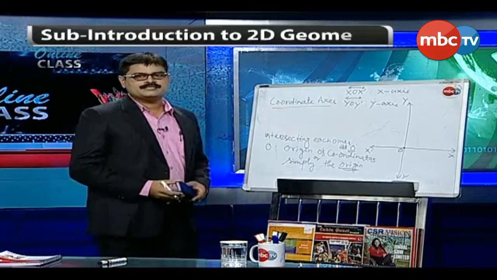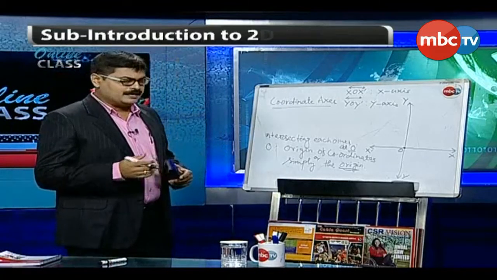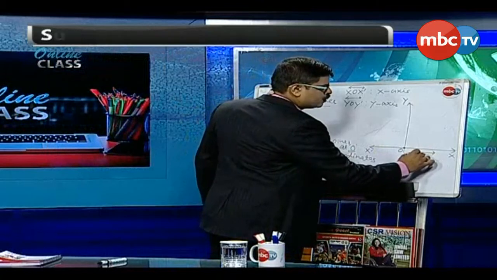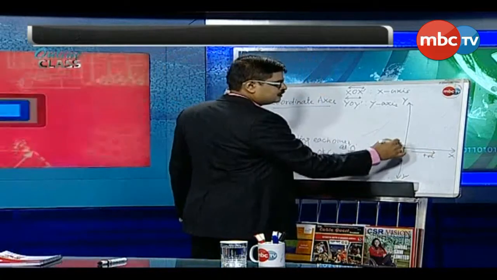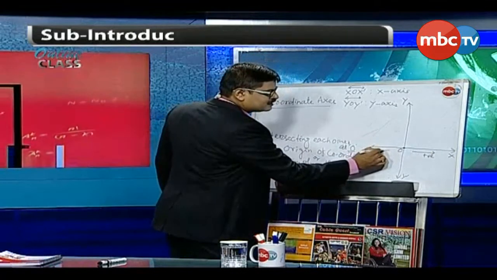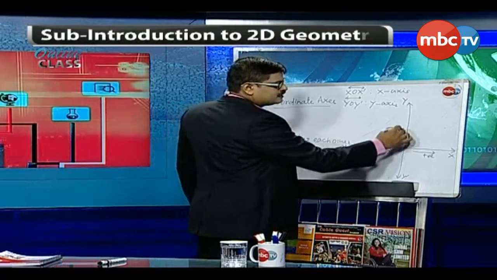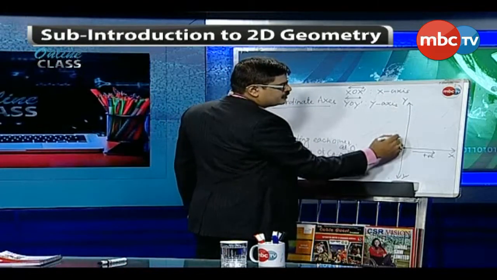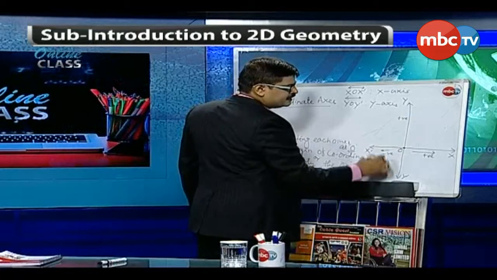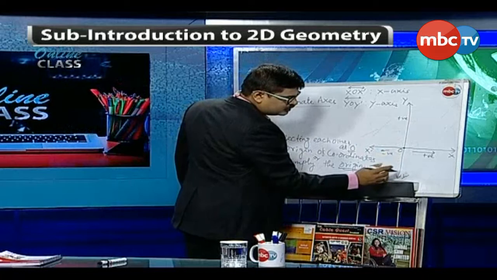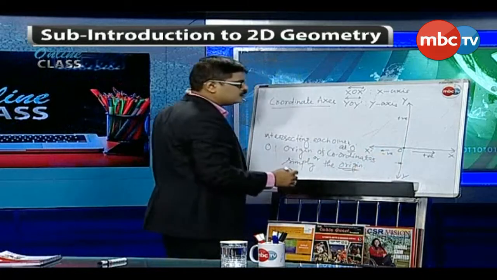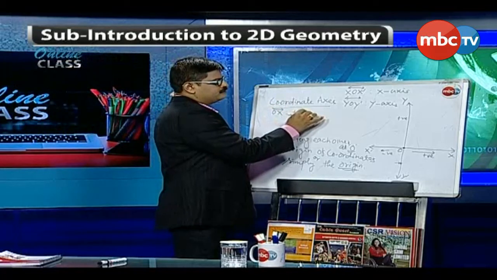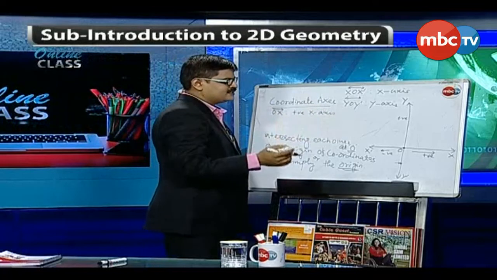X axis and y axis, they both are called the coordinate axis. Again, you know that from origin towards x, in this direction, this is positive x axis, and from O to x dash in this direction, this is negative x axis. From origin to the upward direction, towards y, we take positive, and from origin towards y dash we take negative. So we say OX ray is positive x axis or non-negative x axis, we say, because origin is there,